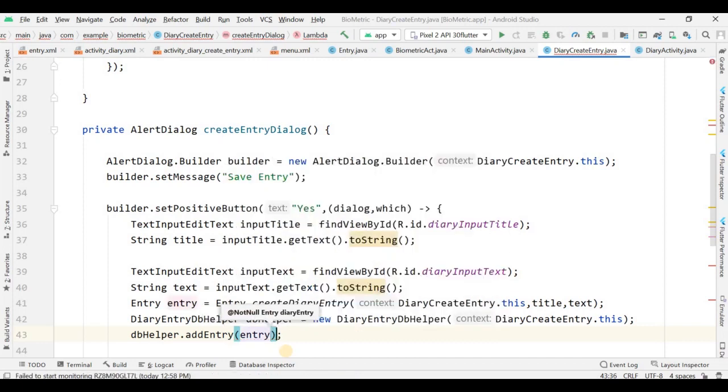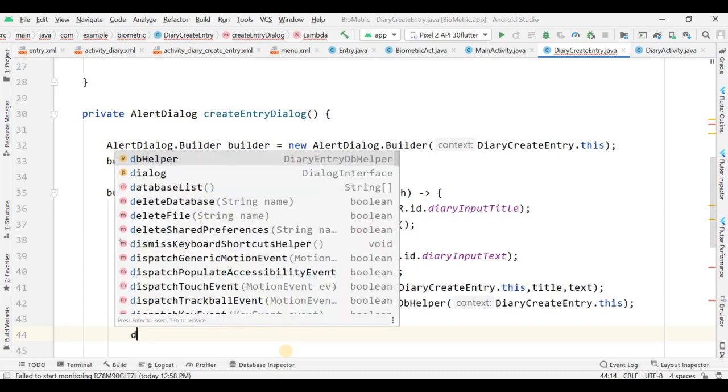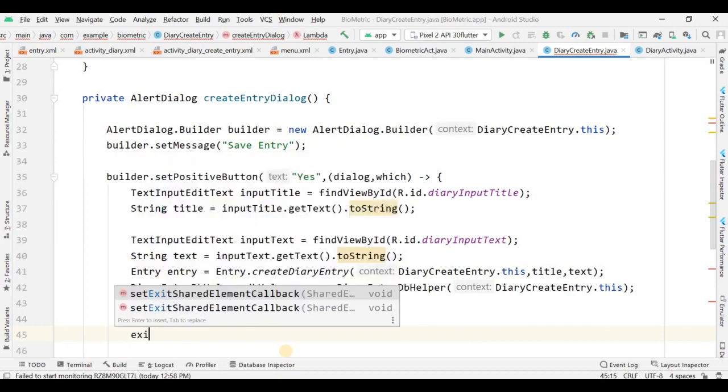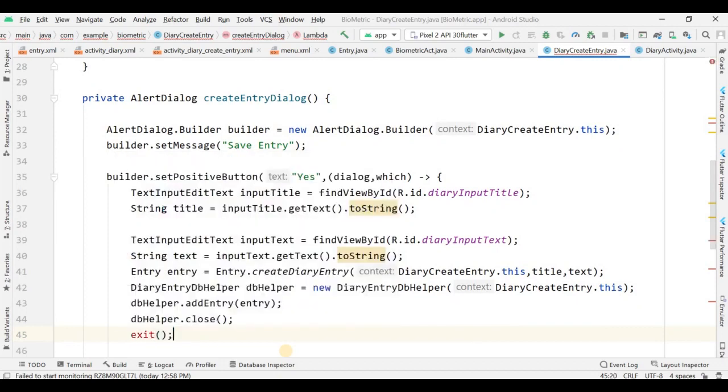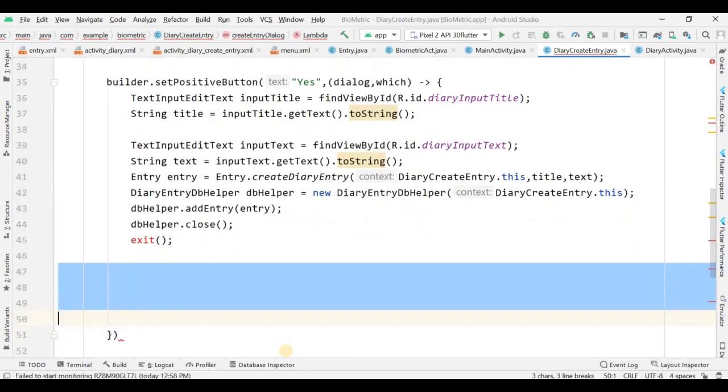And for now what we are going to do is just close it. So it was a simple task, like we have taken the data from our edit text and then we have just added it to the database with the help of that diary entry DB helper class. Now we are going to build this. So builder dot,